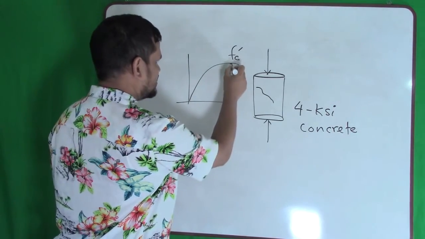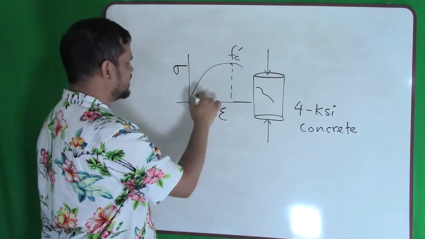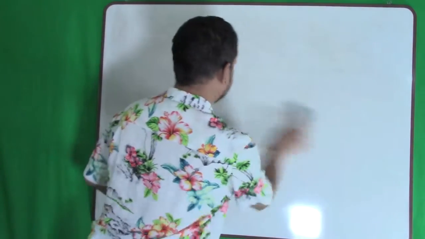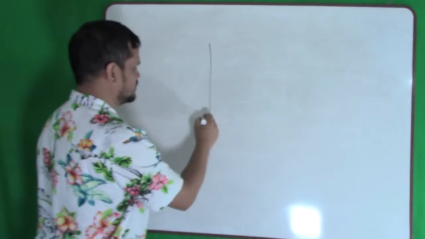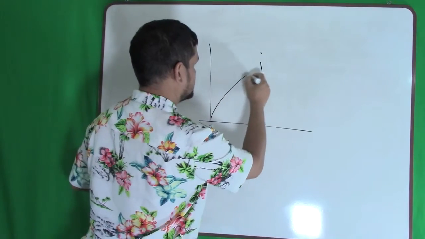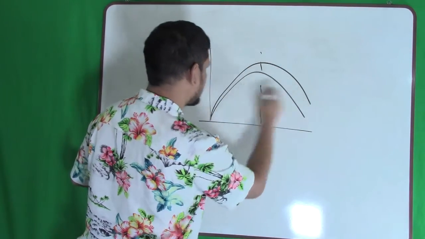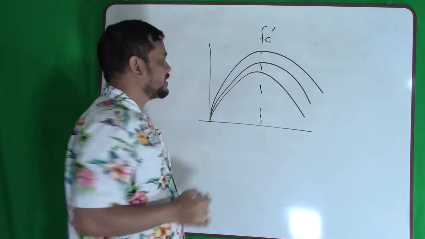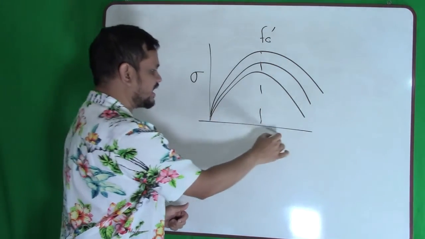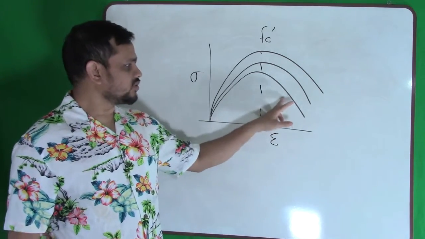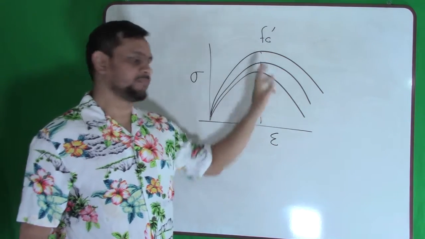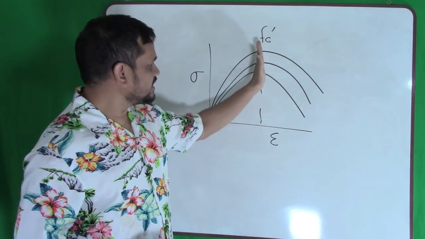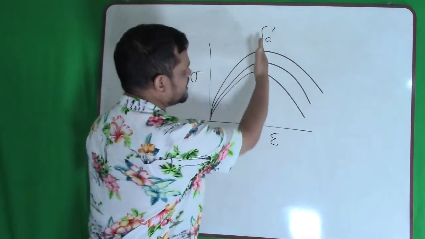So this is stress, this is strain. Maybe my diagram is not good. Let me draw again. So I drew a stress strain diagram of three concrete samples. One is lower strength, little higher, then highest strength. Now something to observe here. Whatever the strength of the concrete is, the ultimate stress occurs almost at the same point, at the same line,